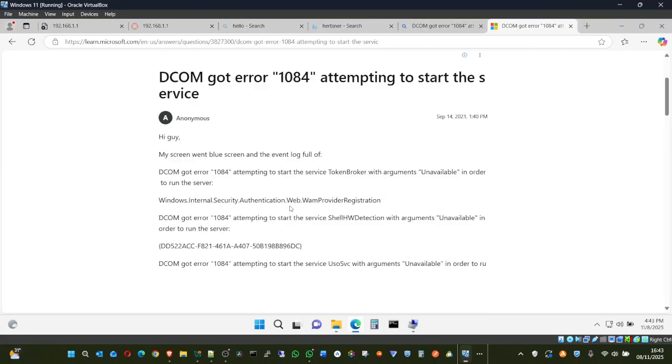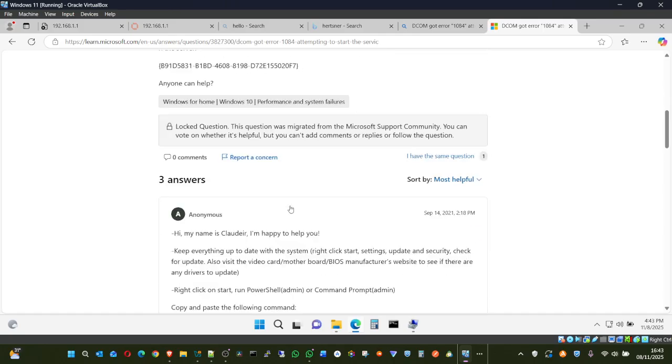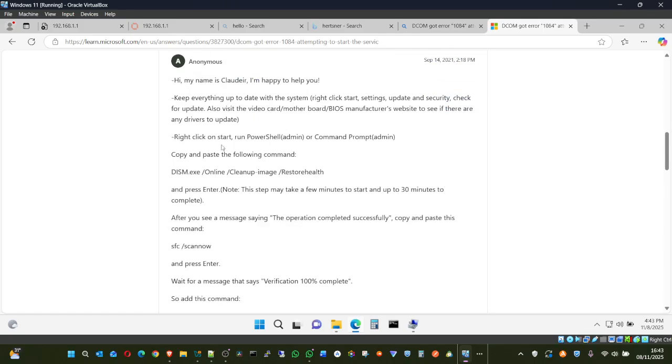You understand? Sometimes you get answers from Microsoft engineers, and some will tell you things you need to do. This DISM to restore health, just run this command in the Run applet. Just copy this and paste it in that place. It will do the justice to what you want to do.